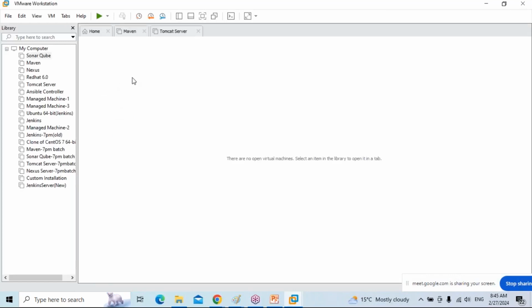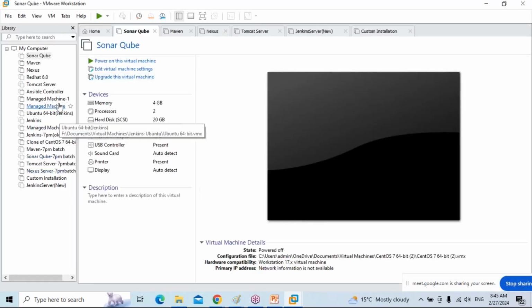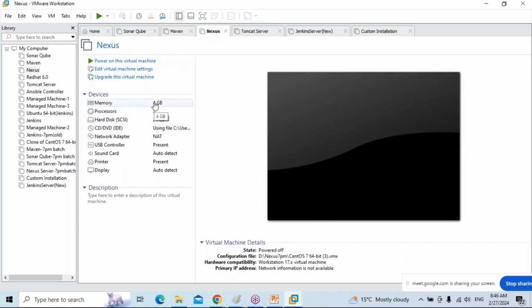See, I have one laptop with 16 GB RAM. How many VMs are created? More than 10. So this VM has hardware. This hardware we call virtual hardware. For this VM, 4 GB is allocated, 2 processors, 2 CPUs. For this VM, 2 GB is allocated, 2 processors. For this VM, 4 GB is allocated. So there is no wastage of your hardware resources. You have 16 GB RAM, allocate 2 GB, 2 GB, 2 GB.